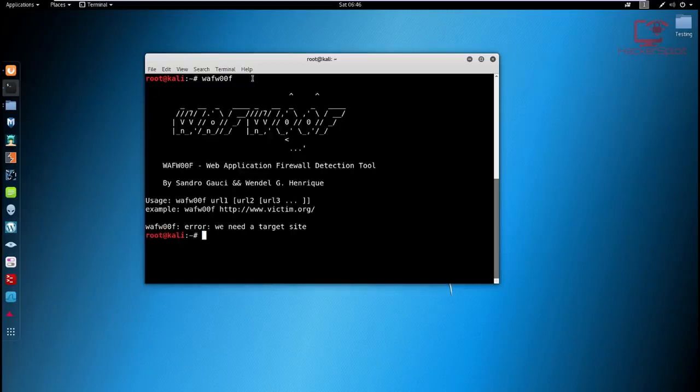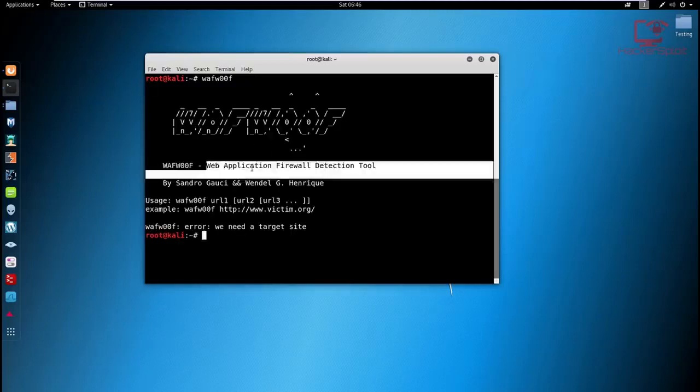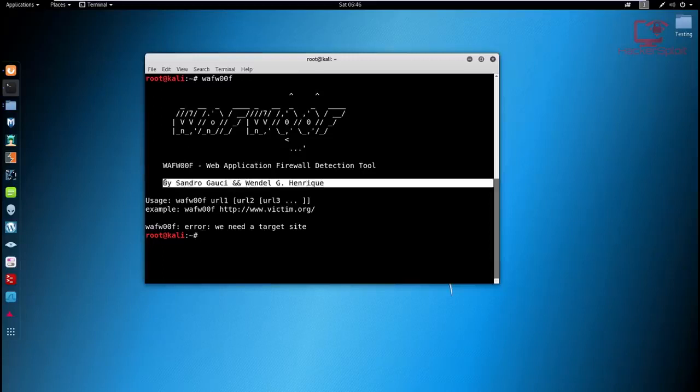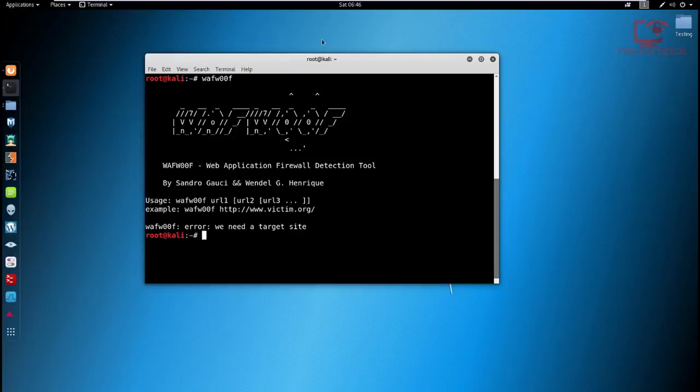If I just hit enter, as you can see, WAF, a web application firewall detection tool. All right, so credits go to the author. It's a tool that's been there since I think almost the last version of Backtrack and the first version of Kali. So again, quite an old tool. When I say old, I mean that with respect, given the fact that it's really useful, and I've used it a lot because it saves you a lot of time. And what I'm talking about is, so